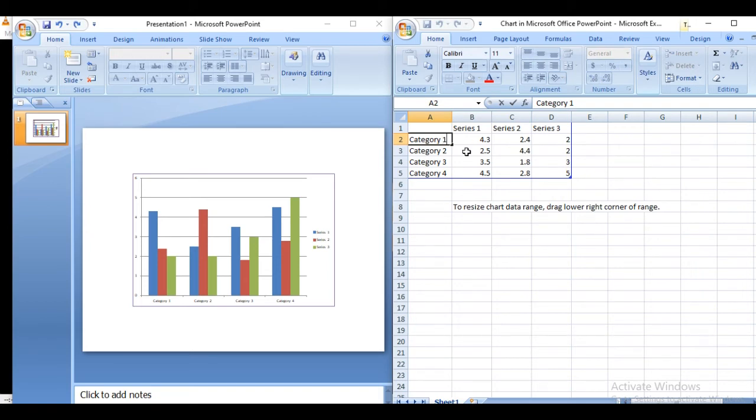Suppose we are making a students' marks list. So we are making student data, so just give the name. You can see I'm giving names. Press enter and move to the next, and as you change, you can notice the changes in the chart as well. When I'm changing data, the chart also gets changed. So you see the information in the chart.